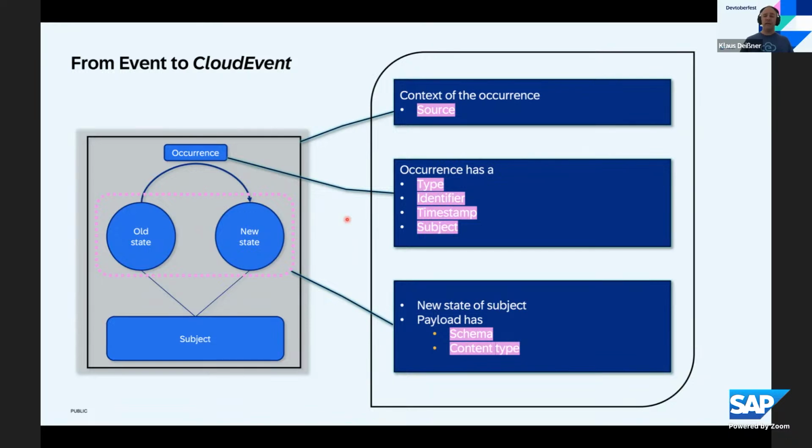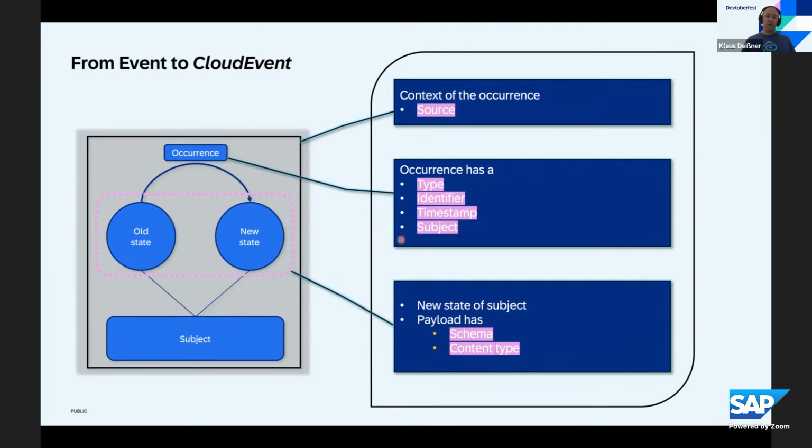Unique identifiers for an event are also important if you want to, for example, deduplicate events. That's then the consistency challenge I mentioned before. Timestamps are also important, you want to know when something happened. That's a generically describable thing. And the subject field could be used to point at the subject, to contain something like an identifier for the subject. In SAP's case, usually a business object.